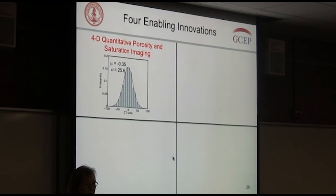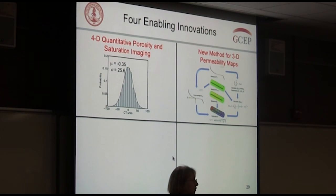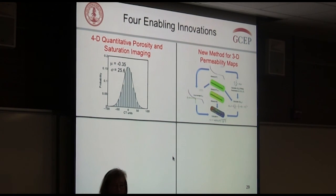And there are really a number of reasons. The first one is really pushing the imaging to be very quantitative. All of the early imaging had basically been pictures. You could produce interesting pictures, but you couldn't really quantify saturations and so forth. The second thing is that there was no way to determine the permeability of all the individual pixels in the core, because you'd have to destroy the core to do that, and that's impossible, because then you couldn't do the experiment. So we developed a new method